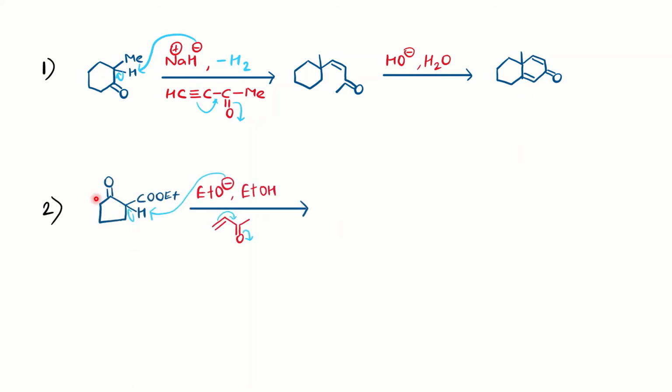Another reaction, you have a cyclic ketone, you have base, you have alpha beta unsaturated ketone. So you have all the requirements for the ring annulation. Your cyclic ketone is having an electron withdrawing group. Again the base will abstract the proton from the alpha carbon, which is going to form the more substituted C double bond C. So here the proton which is going to be abstracted from the COOEt, again it is going to